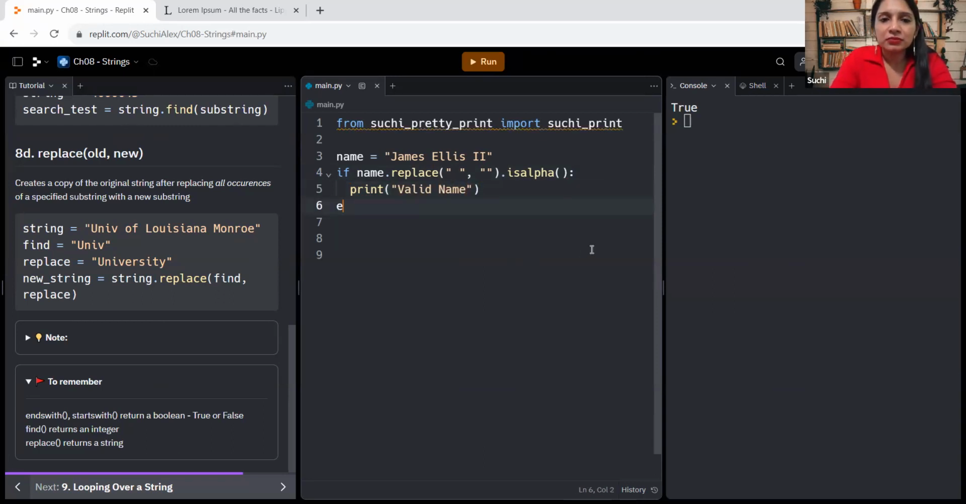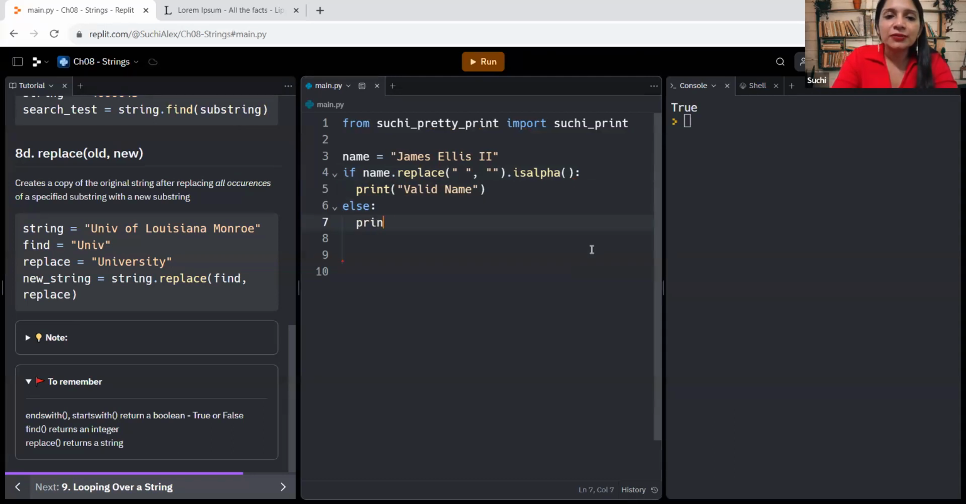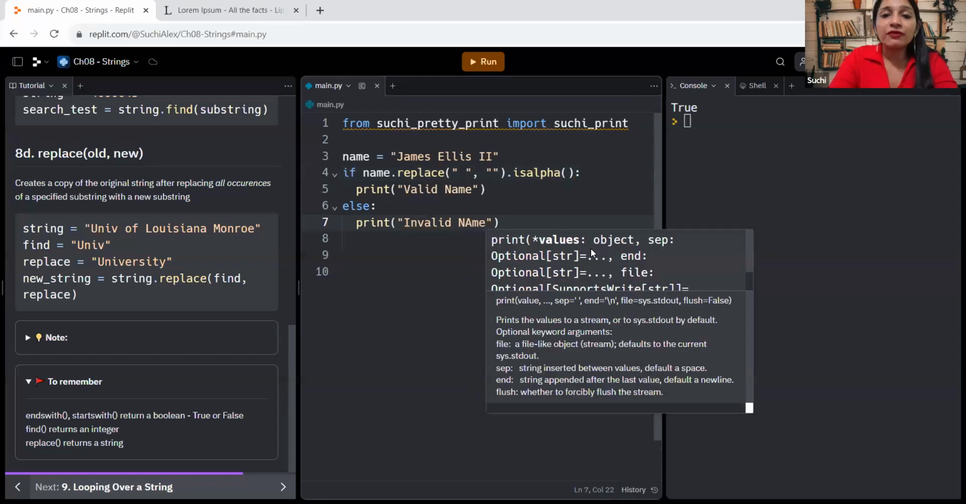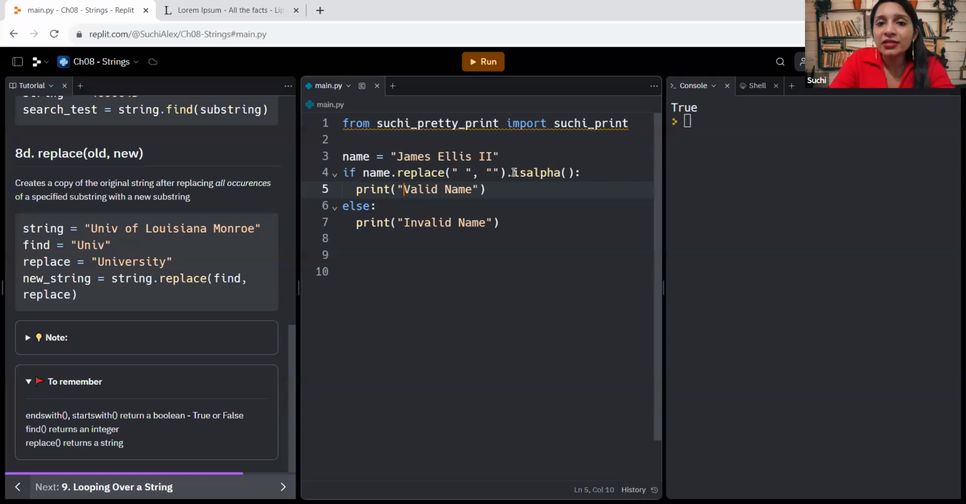Else print invalid name. So can we do that kind of testing? Because remember when I said that isalpha is a boolean that you can operate on a string. So this whole thing is a string because replace returns a string. So as long as you keep the order in the same way, you cannot use isalpha first, and then if you do it like this,